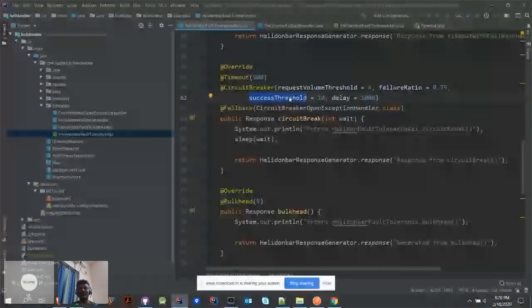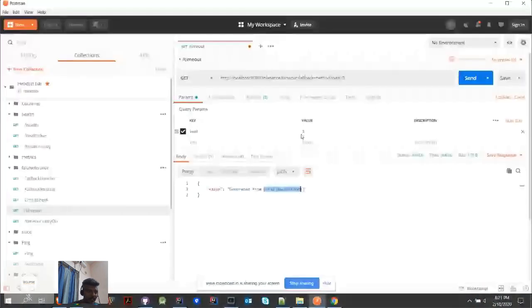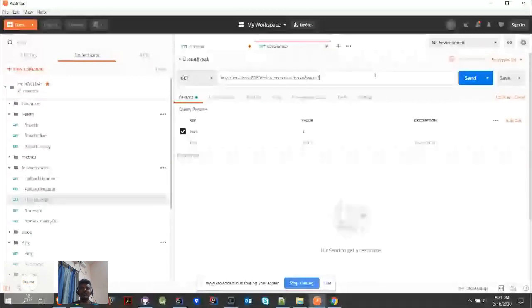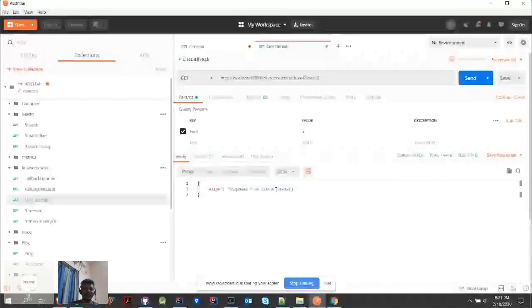So all the requests will be allowed inside. I will see how I can simulate it. I tried, but I couldn't get the response properly, but I'll check again. So this is the circuit breaker method, and if you see here, this is throwing the